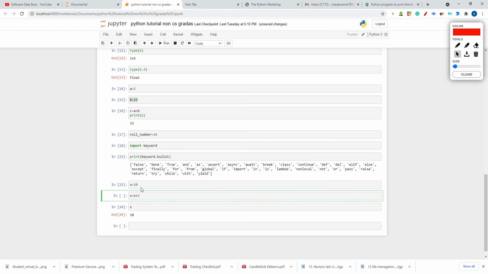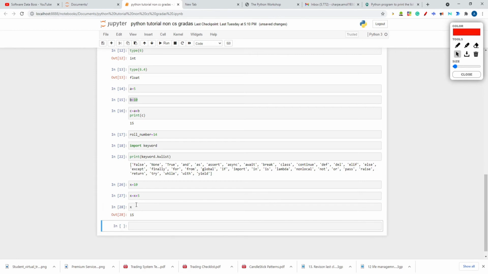So this is called object reassignment. This operation is performed and then the value is stored in x. The previous value of x is 10, and then 5 is added and the result is stored again in x. Now x should take the value 15. But I'm getting x as 10. So let me run this. x is equal to 10 first, and then x plus 5. So I should have 15 here in x. Now let me print. Yes, 15, because I didn't run these cells.